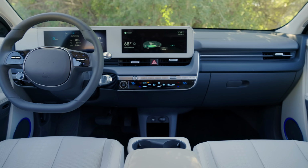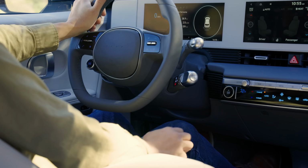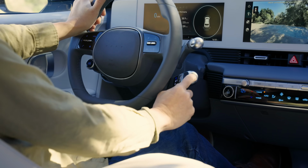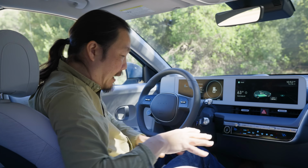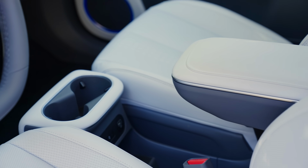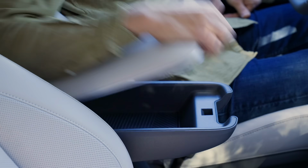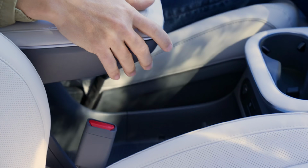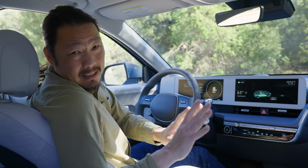In the Hyundai, the gear selector is right here at the 4 o'clock position, and you just kind of flick it forward or backwards for drive or reverse. It's intuitive from the get-go, and it frees up a lot of space on the center console too. This center console has a ton of space for storage. You have this shallow bin here and this huge tray underneath, but I'm not sold on some of the design